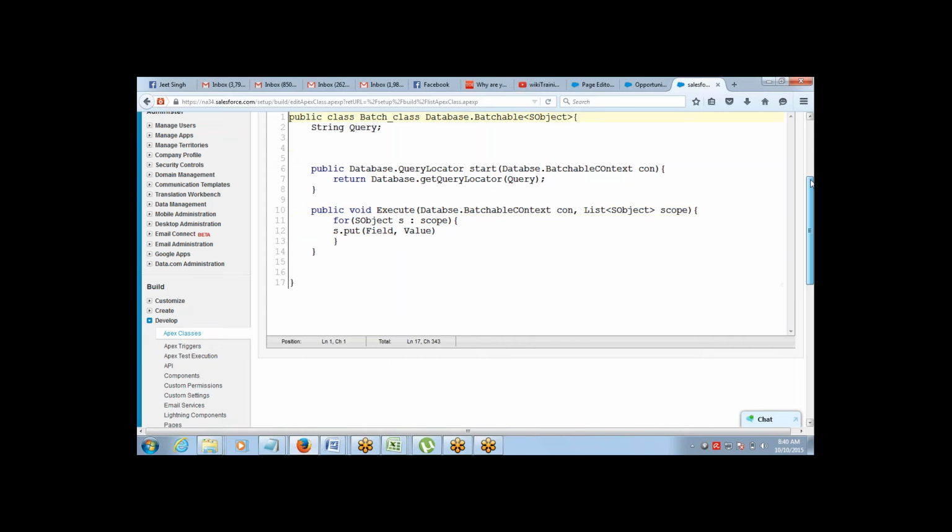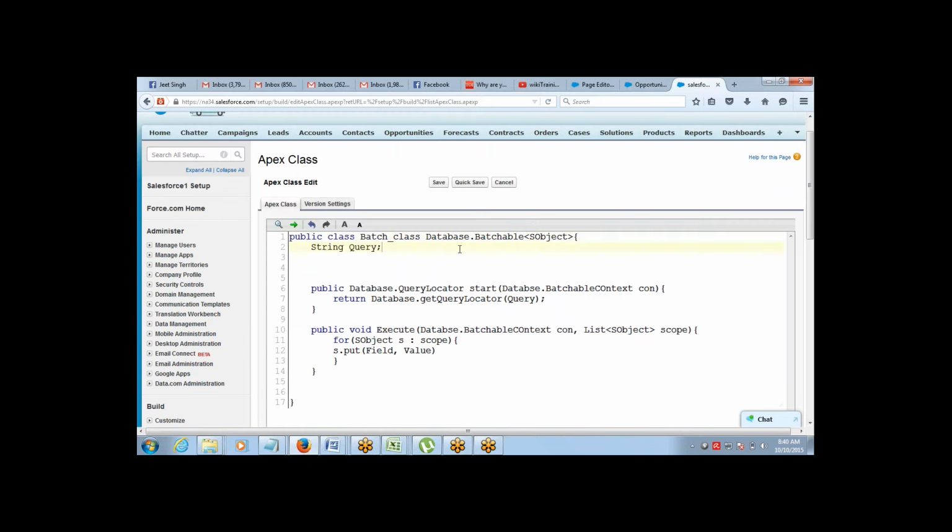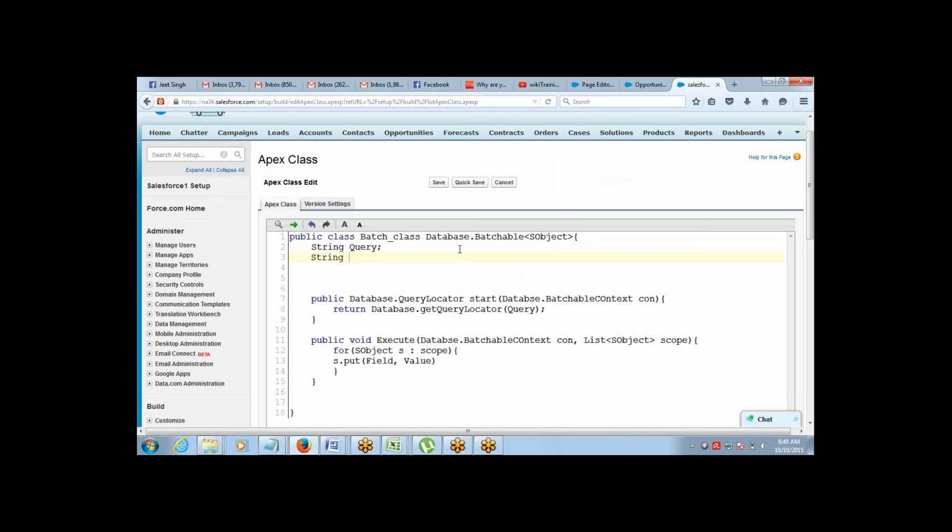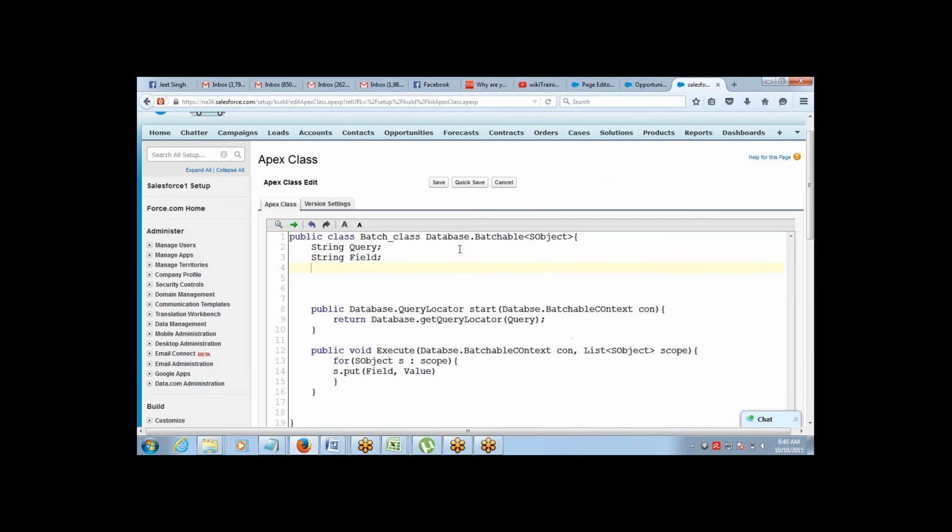So there will be two more strings defined here: String field and String value.